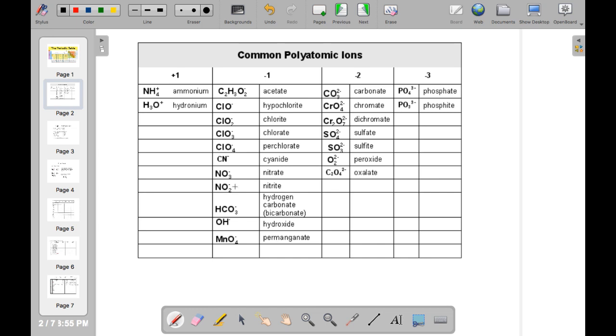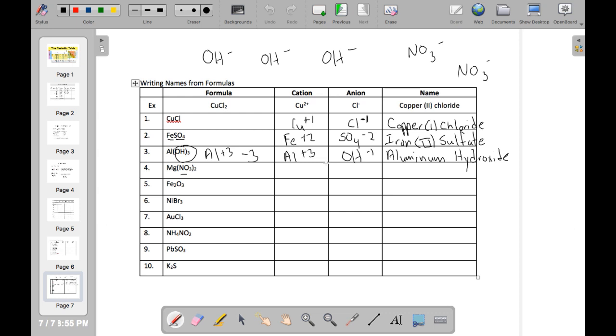NO3 is nitrate, NO2 is nitrite. You start to see these common trends here. If you have one less oxygen, it goes from ate to ite. SO4 is sulfate, SO3 is sulfite, but they have the same charge, which makes it easy. PO4 is phosphate, PO3 is phosphite. So NO3 is nitrate,